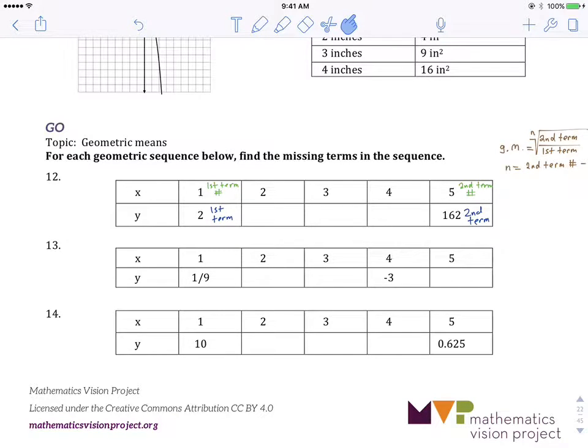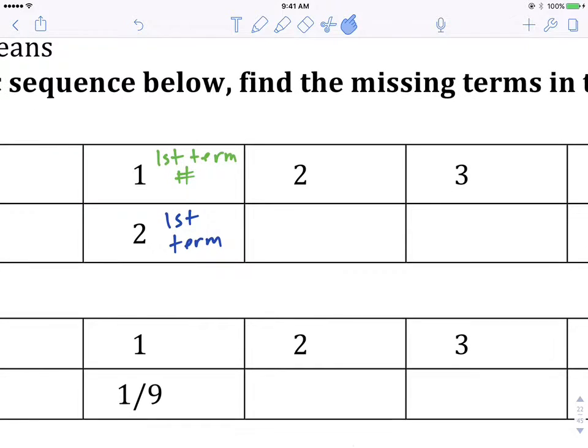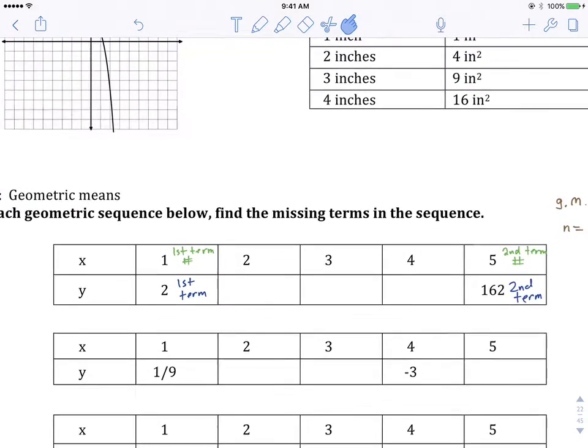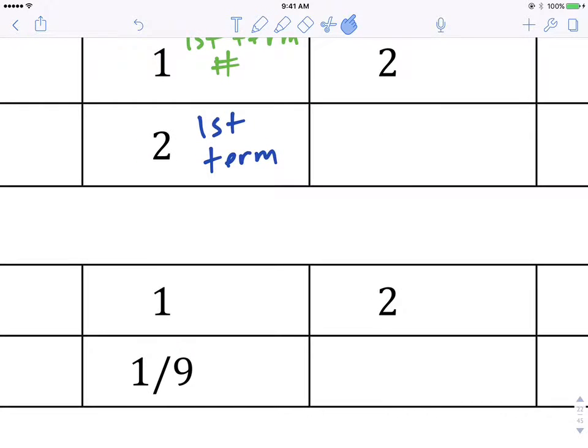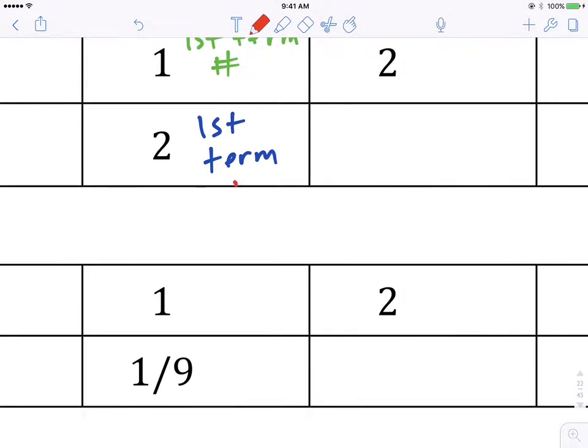Well, first things first, geometric sequences are derived by multiplying by a common ratio. In other words, there's a number that you continually multiply by to get from one term to the next. So what we know is this. It's geometric, so the number 2 was multiplied by some value. This first term was multiplied by some number. We'll call that number, why not call it